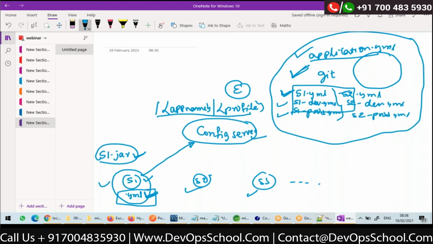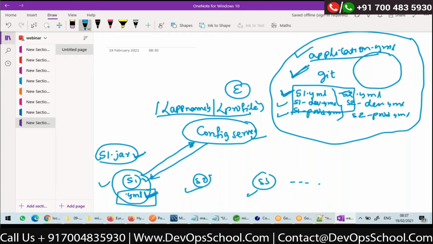And what my service should do is, during the starting, that means during the bootstrapping of my application, even before any of the beans are created, I want my S1 to make a request to the config server and get its configuration.